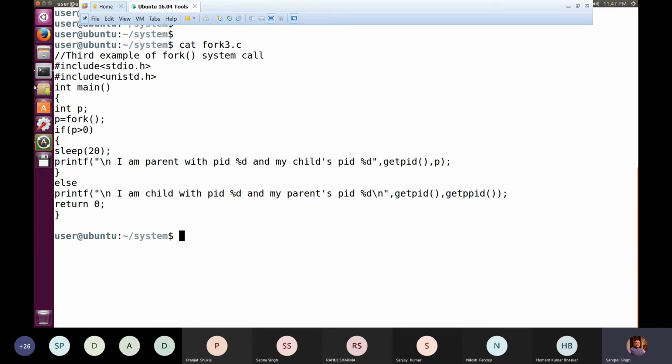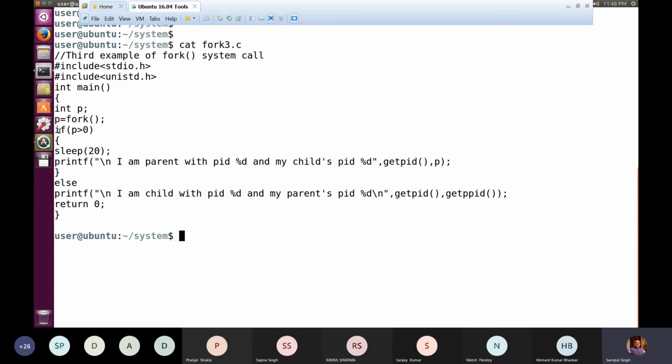So what is happening when this p = fork() is executed? This will create a child process, and upon creation of that child process, out of these 2 processes, any one of them will eventually get the CPU slot, and the one which gets the CPU slot will execute.